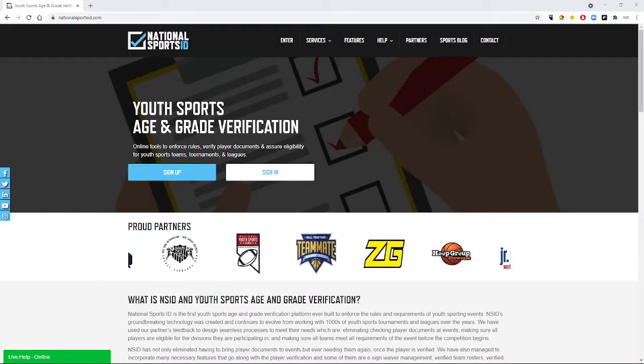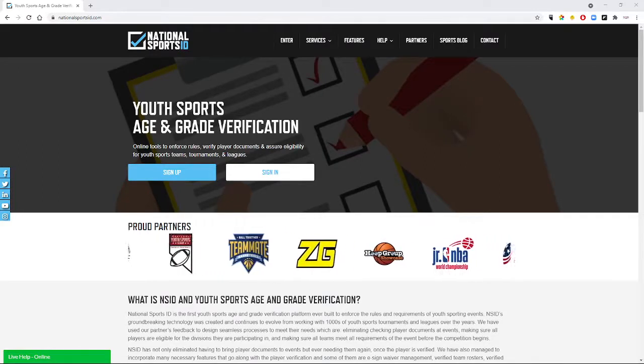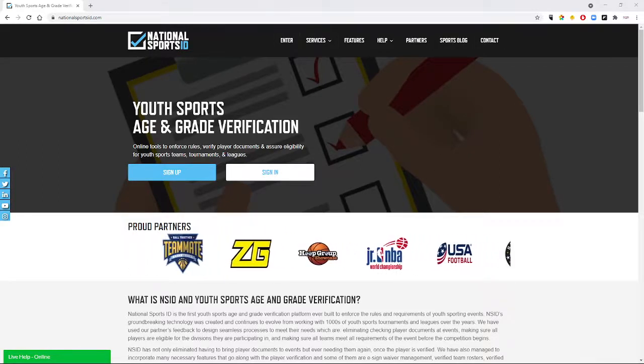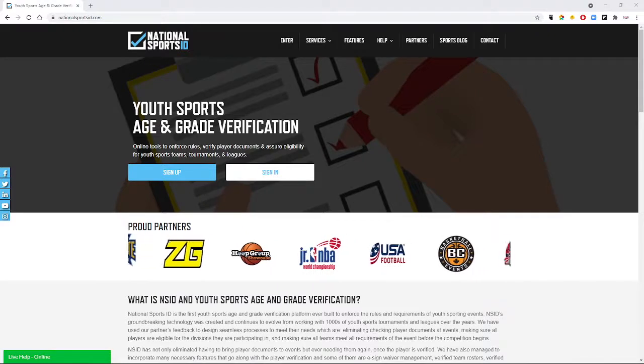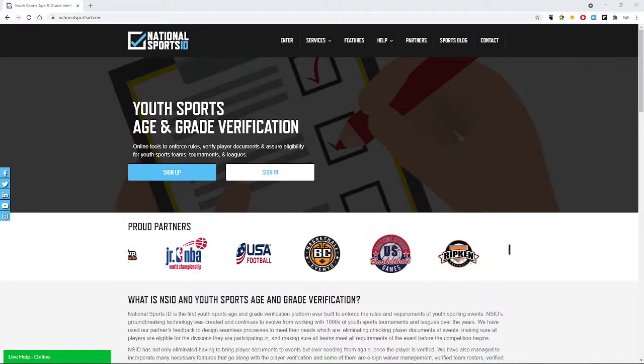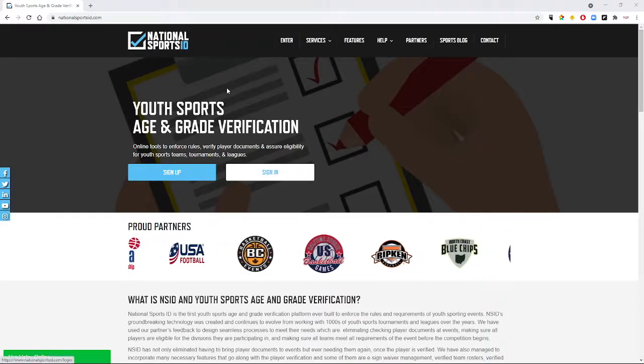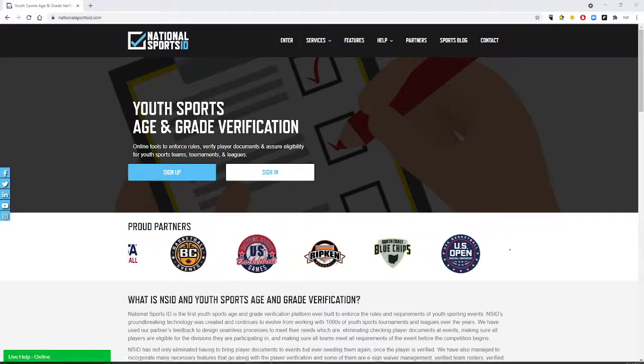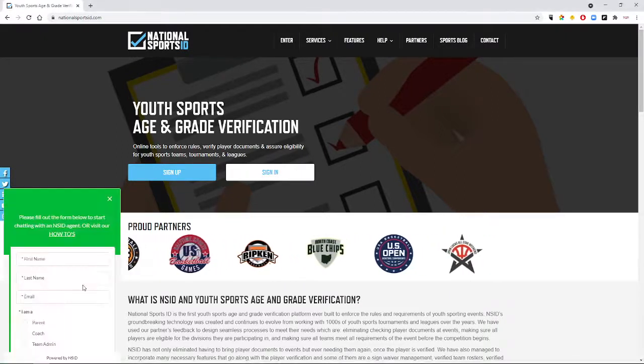National Sports ID is required for all student athletes to participate in NCSAA, and I wanted to go ahead and show you a couple of the features and things that I get asked about a lot, so we can go through everything. First and foremost, when you get to nationalsportsid.com, you'll notice in this bottom left-hand corner there is a